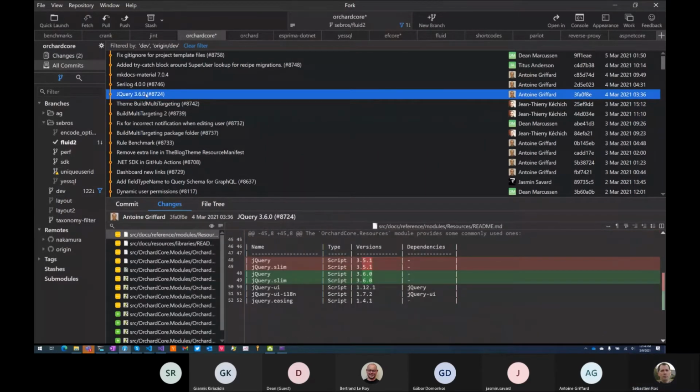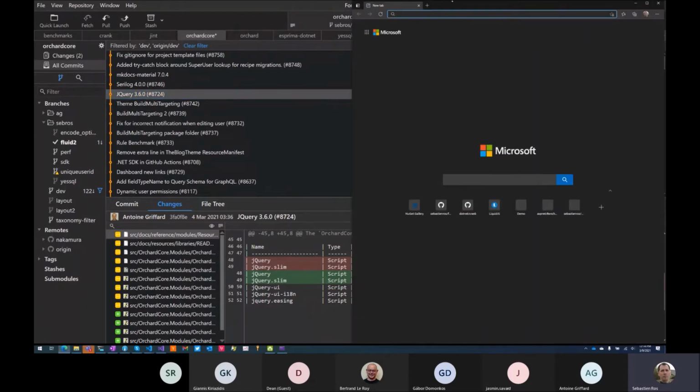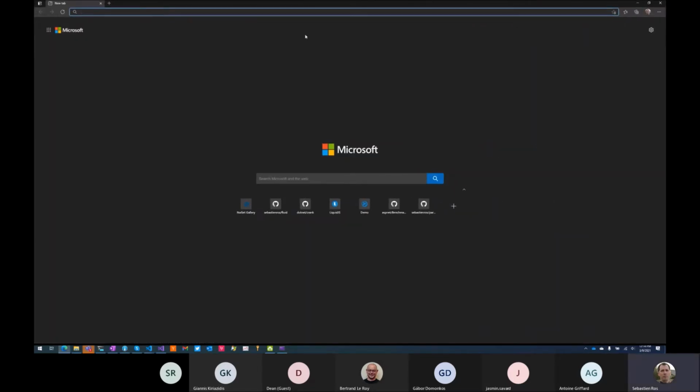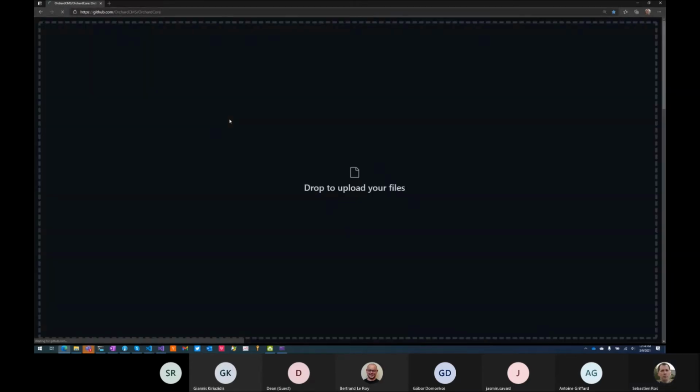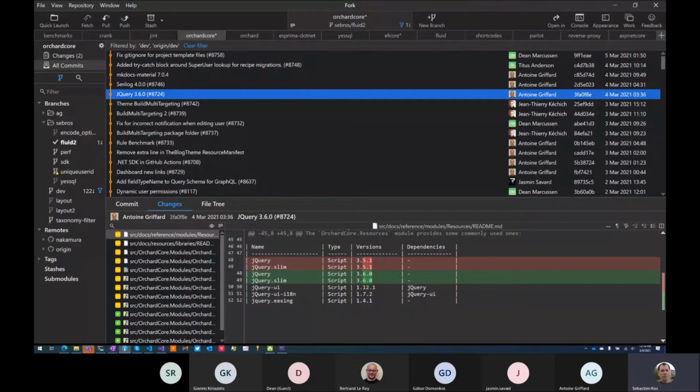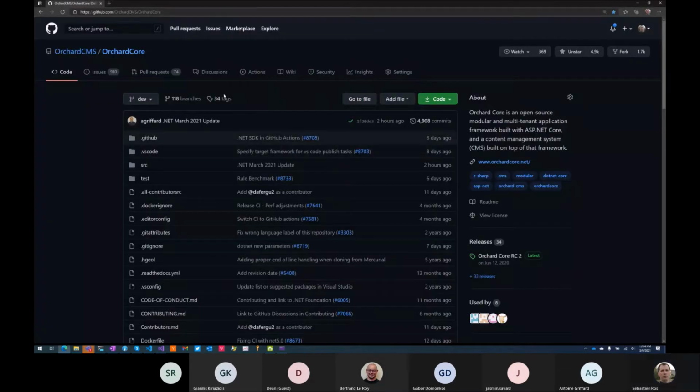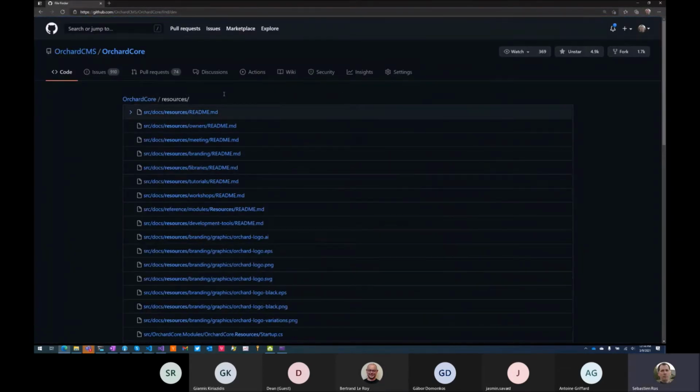Okay. I have a question about that. jQuery 3.6.0. I merged this branch and this change in my branch this morning, and I saw something weird. Let me show you what I saw and what I didn't understand. Well, what I don't understand, and I hope now I will. What file is that? It's resources